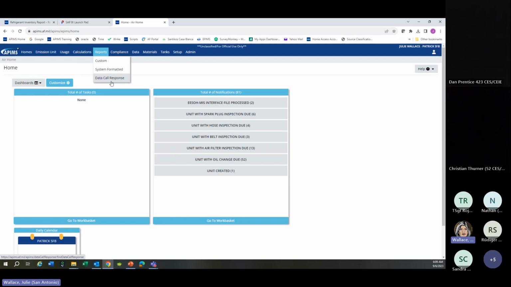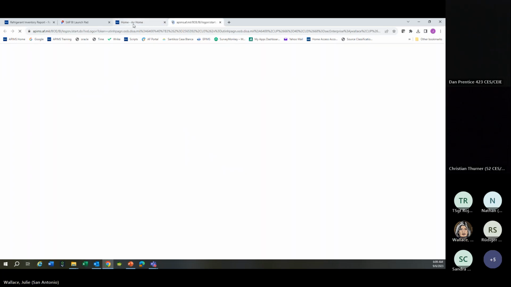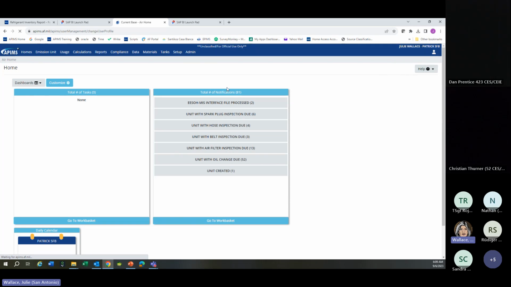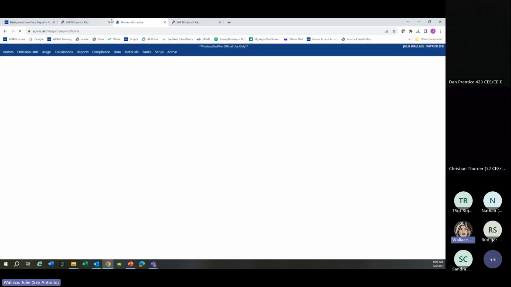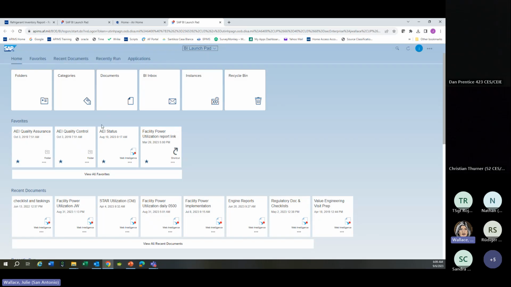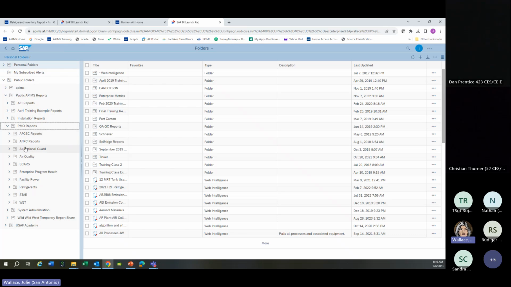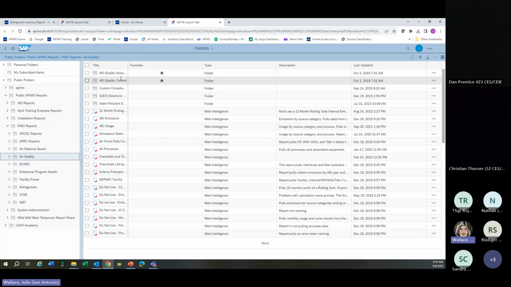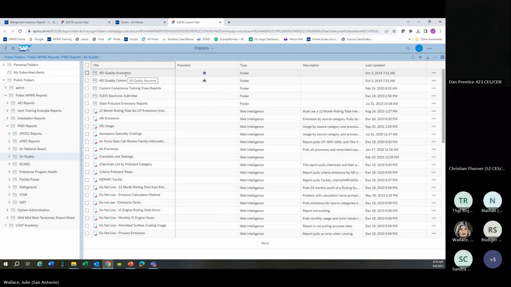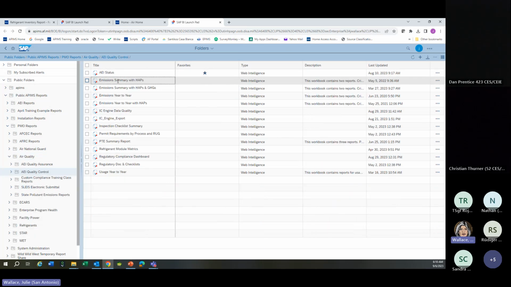So if I come to report and I go to custom, and I'm going to do something real quick. I'm going to run this report for the whole Air Force so you guys can see all of it. If I go to folders, public folders, public APIMS reports, PMO reports, and then air quality. I know it's a lot. Under quality control there is a refrigerant module metrics report. If I double click on that,